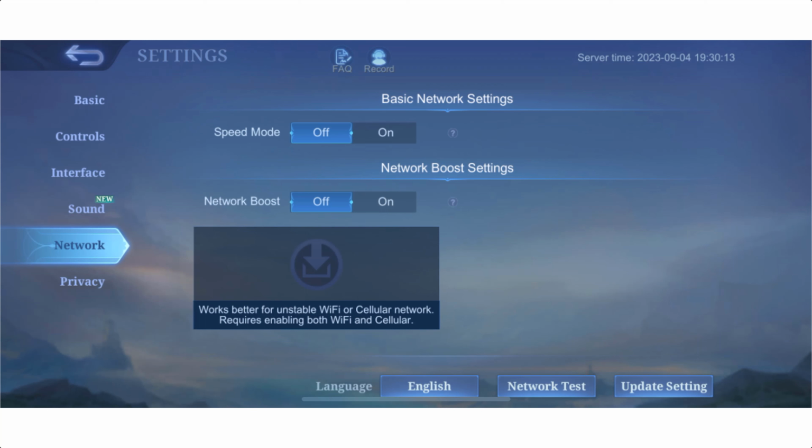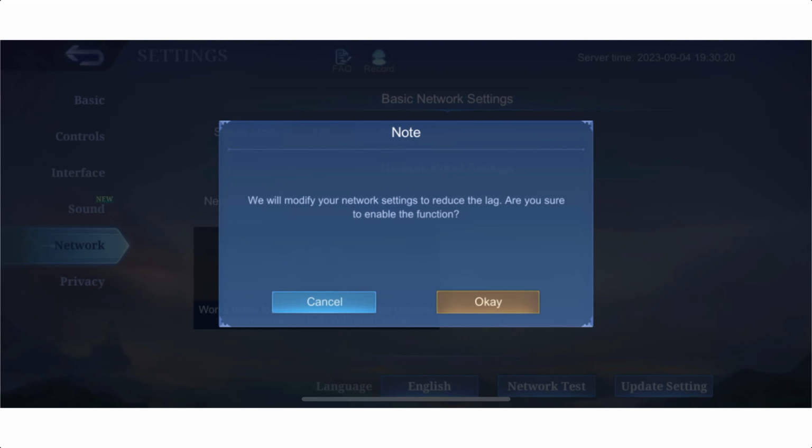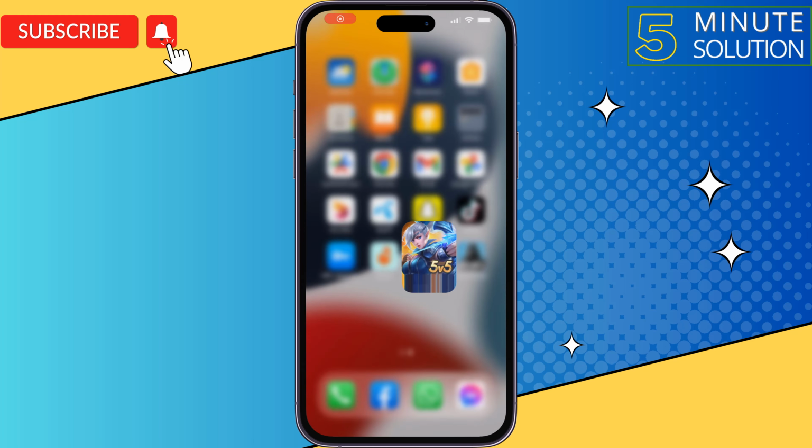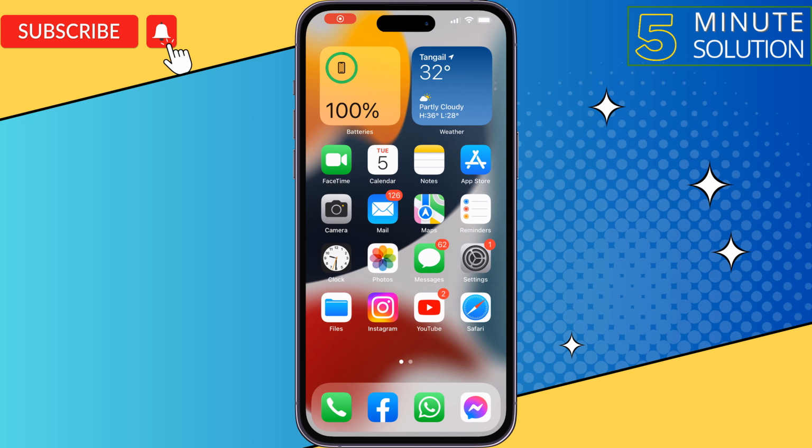Here turn on speed mode, turn on network boost, and then relaunch the Mobile Legends app. And the second solution is free up your iPhone